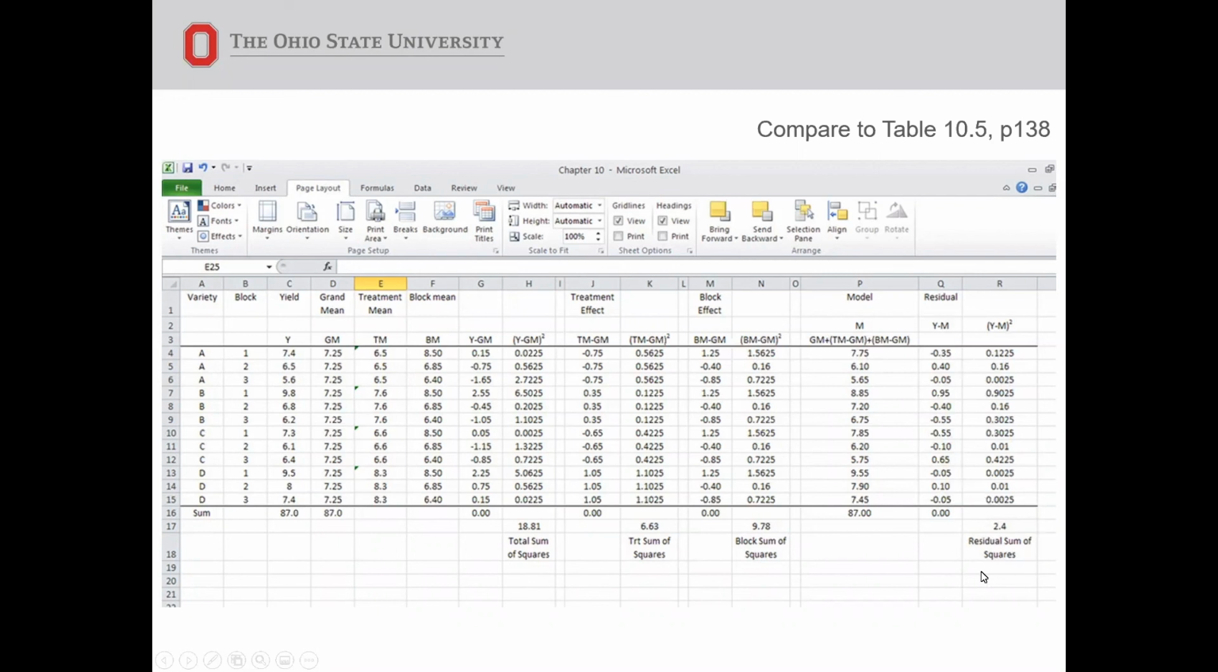If you are quick with a calculator, you could total up the 2.4, the 9.78, and the 6.63, and these would sum to the 18.81. Thus, we have partitioned the total variation in the experiment. The total sums of squares has been partitioned